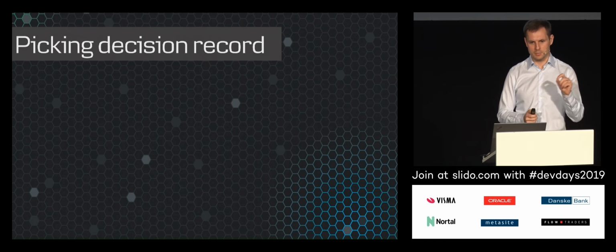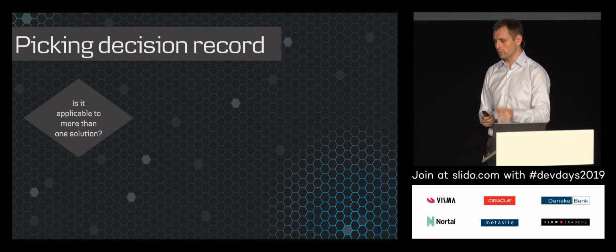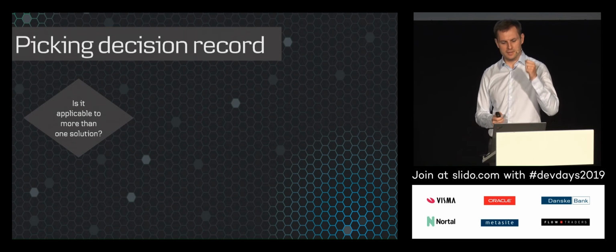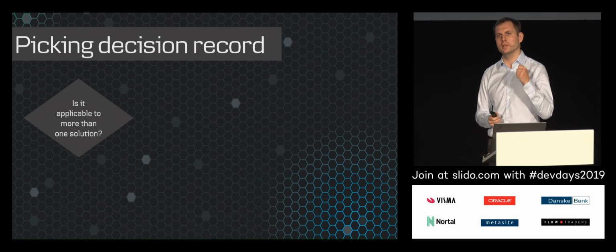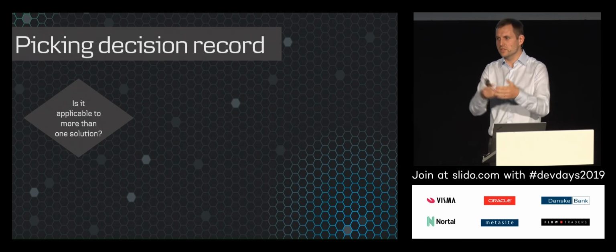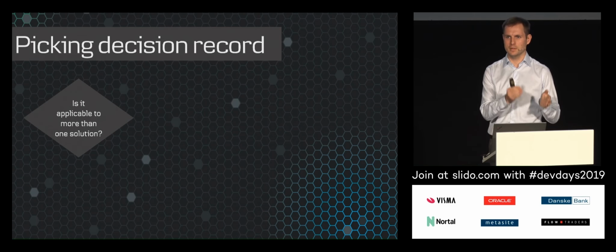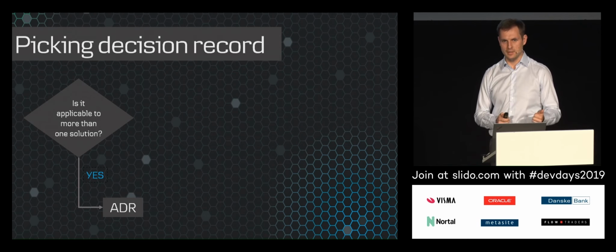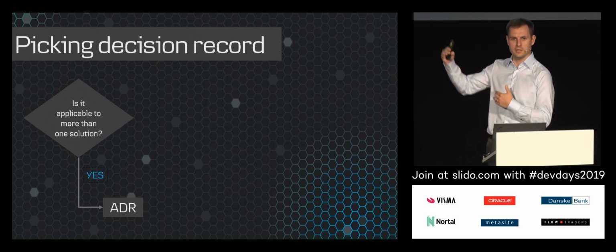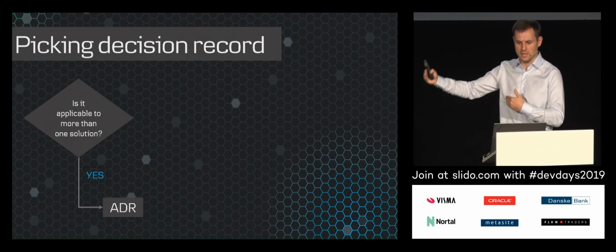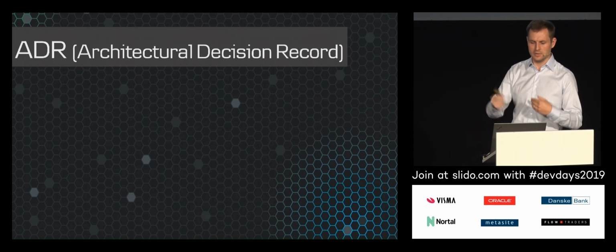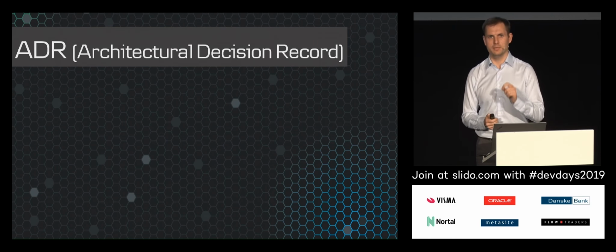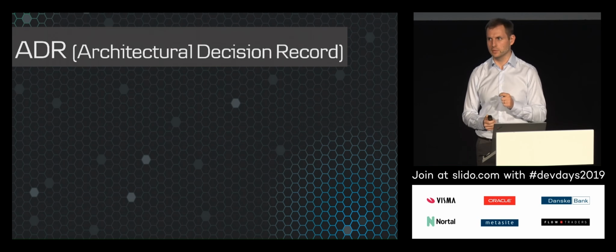And then we made a small picking guide where we ask two very simple questions. One, is this decision applicable to more than one solution, more than one system? Is it generic enough so we can make this one time and then everybody can benefit from it? If the answer is yes, we call it an ADR. That's actually not something we invented or created. It's right now gaining traction, a popular way of recording architectural decisions. It's called Architectural Decision Record. And it's a very lightweight thing. And we said, let's put it as close to the code as possible. So we put it